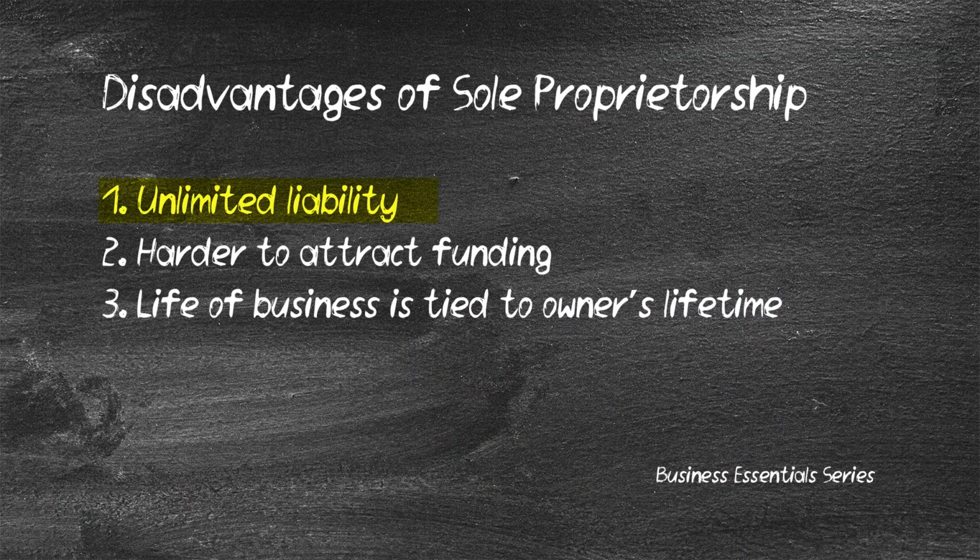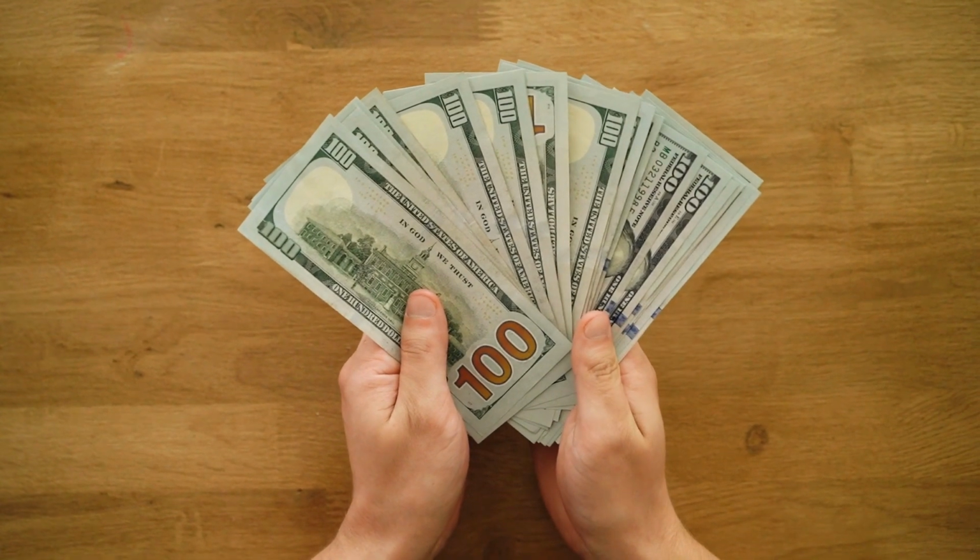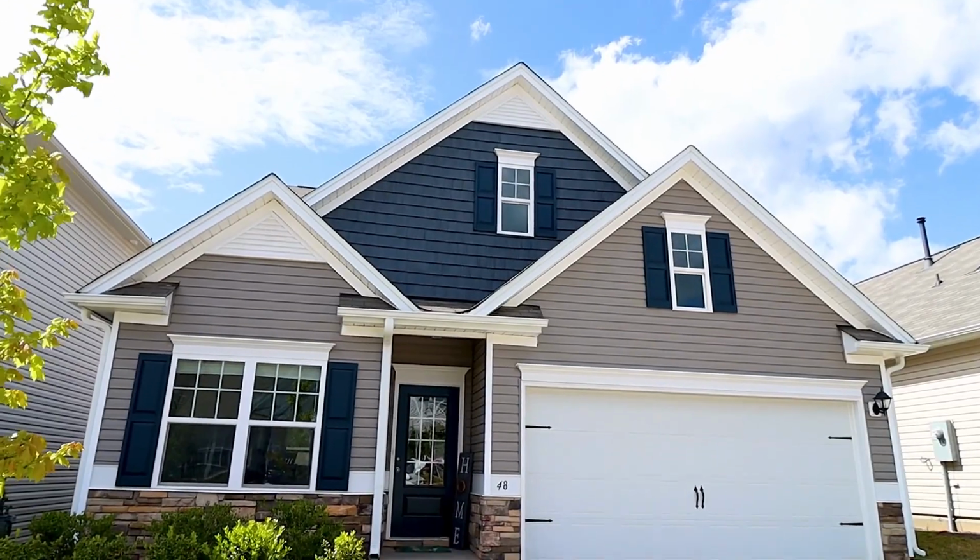There are a few disadvantages, however, to registering your company as a sole proprietorship. The first is that liability is unlimited, and what that means is that the owner of the business is personally liable for any debts and financial obligations of the business. This means that if your business gets sued or incurs any debts, your personal assets like your savings, your house, whatever you own is at risk, because if the court rules against you, you may have to sell those assets or give them out to offset any debts that your business incurs, which is really not great.